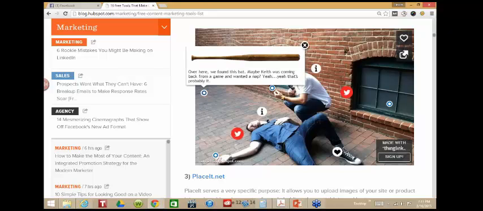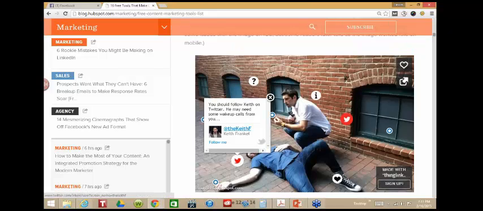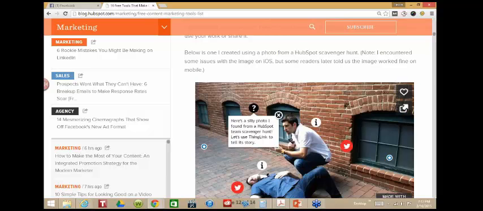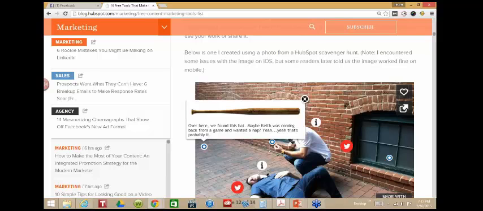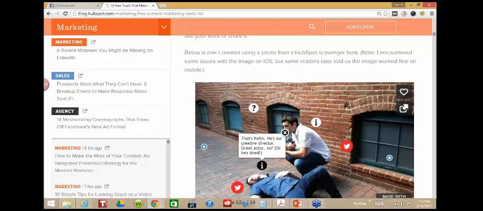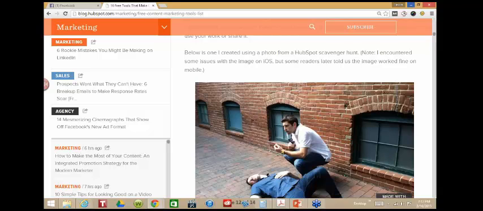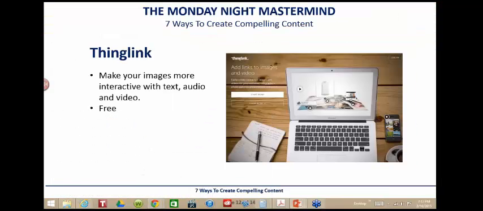So you can make all of your images interactive. That will only enhance your blog, and that can give you other ideas how readers are actually using your blog. That's going to have them engage more in your blog. So when you ask them questions about what they like, what they don't like, they're going to be more apt to answer and say, I like this, not so fond of this, I want to see more of X, Y, Z. So this is a great tool that you want to use.